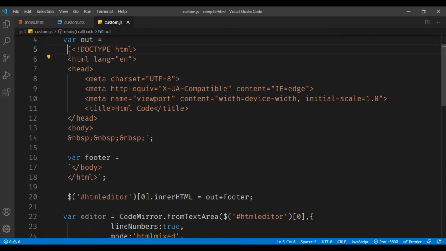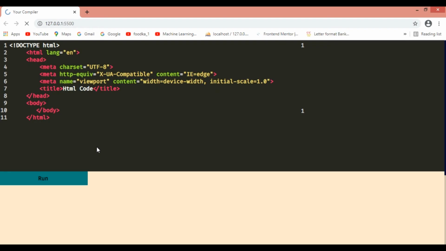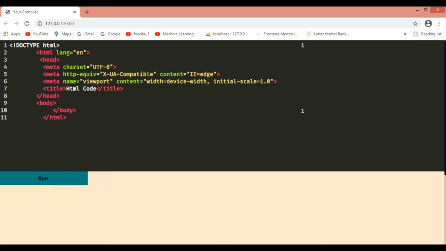So first, let me align this thing. Okay, guys, it is working.